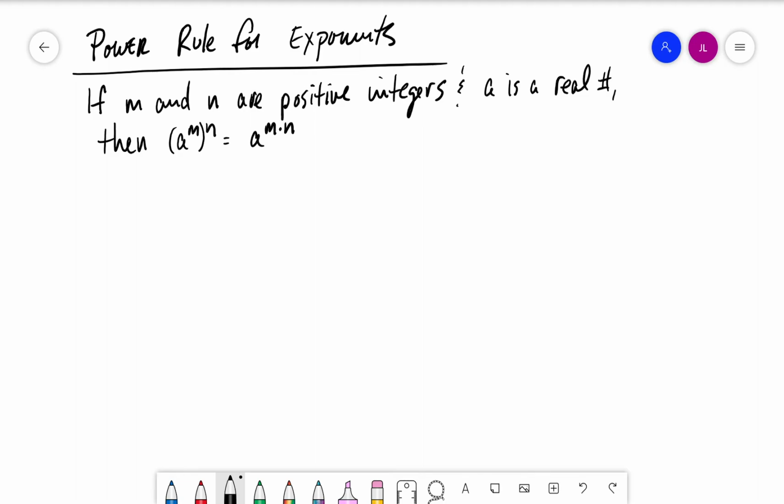So, power rule for exponents. And again, I've got power rule written here. It just says that m and n are positive integers, and a is a real number. Then if we take a to the m and we raise that to the n power, that's the same as basically saying a to the m times n. So what we're saying is basically when we raise an exponential expression to a higher power, now we are multiplying